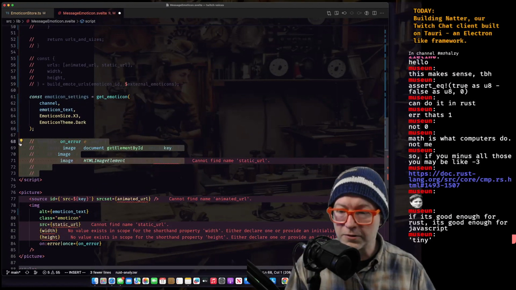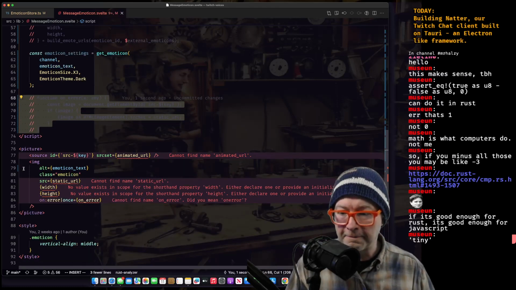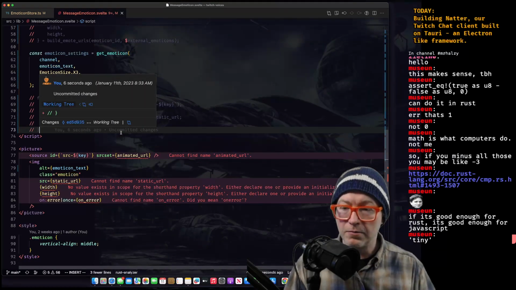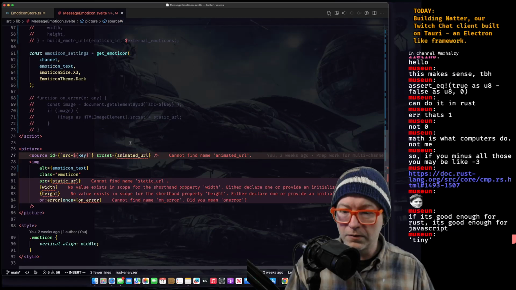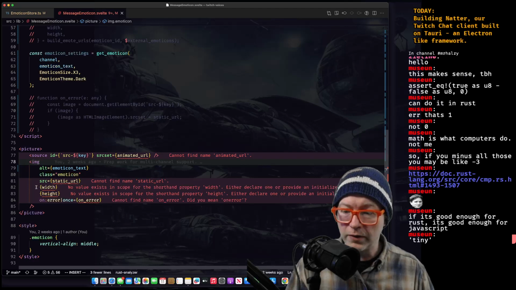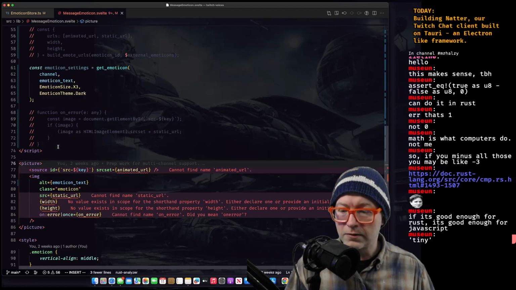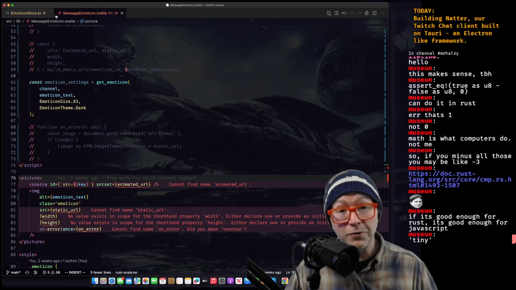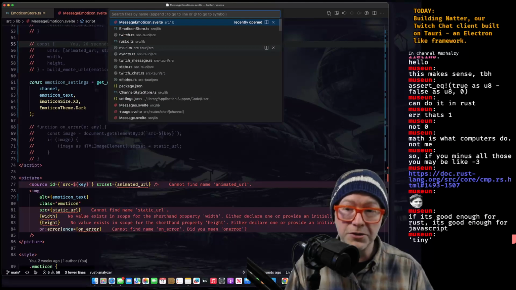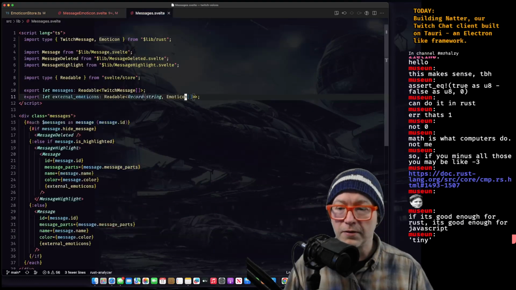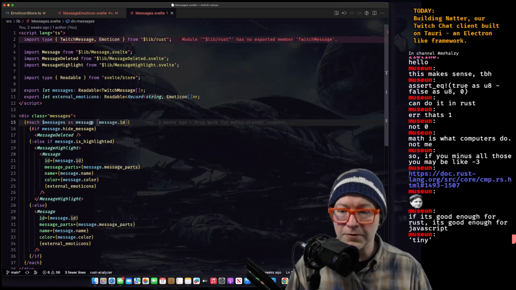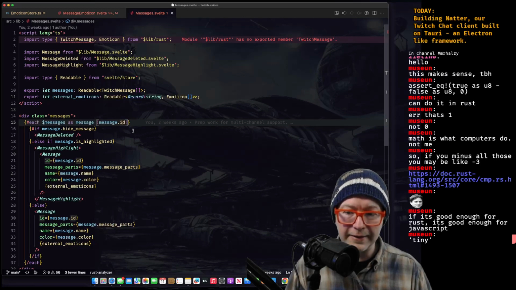This here, I'm going to also comment out for a moment. We have the key. Now we need some other values here. We could iterate over the emoticon settings, creating sources for each one of those with a width and height. So let's do that. Now we're in Svelte, and I don't remember how to do that. We do that in messages. Svelte. So we can have an each. Okay, and we can also provide an ID for those. I don't think we need that.